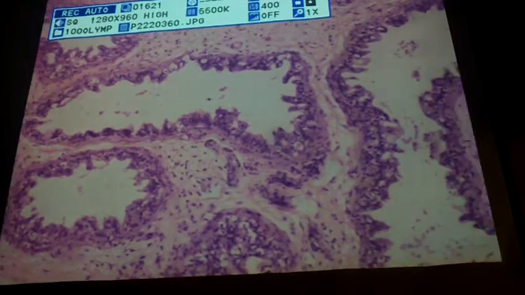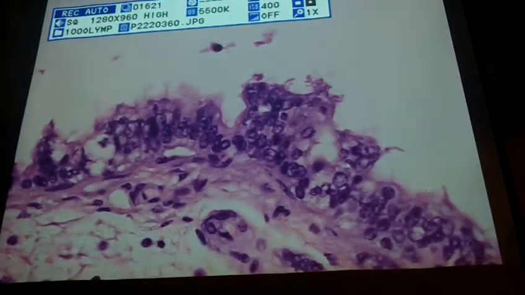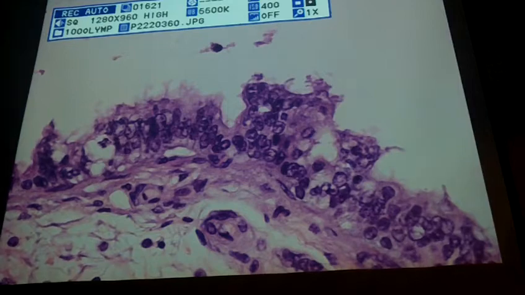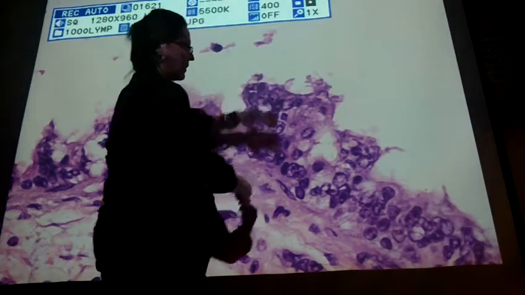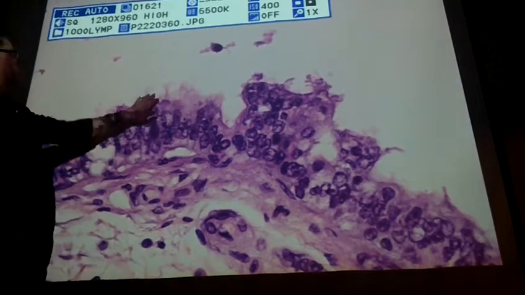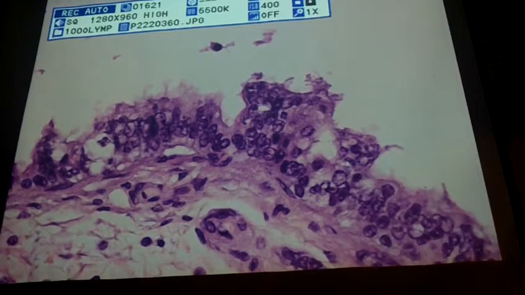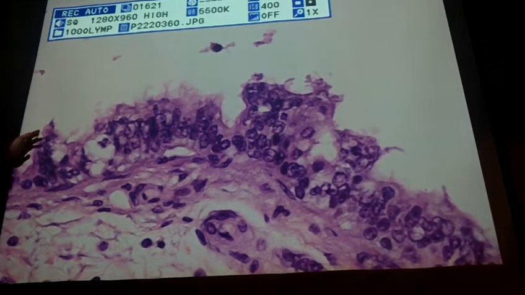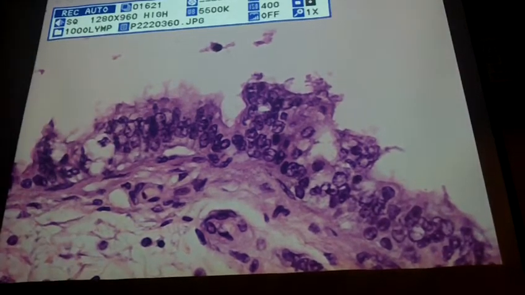Now, if I increase it up to 40, again, you can see here the wall is not real thick. You can see these are the microvilli coming off here. So for the testes and the epididymis, it's better to show it at like 10x or 40x, because then you can really see these cells that are lining the lumen. So if I switch that and go over to the testes now,